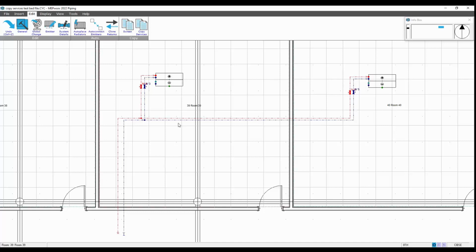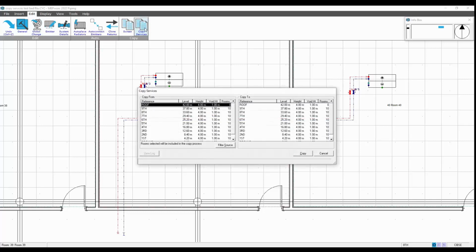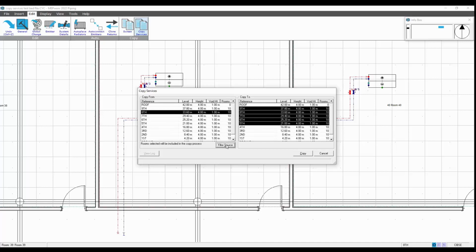Otherwise, what will happen is if you don't use the room filter, it will merely overwrite and copy all of the current services on the entire floor plan. So you have to articulate the service that you're exporting by the rooms that the appliances are placed in, so that when you go into the Edit Copy Services menu and you decide the floor you're going from and the floors you're going to, you need to apply the filter source,